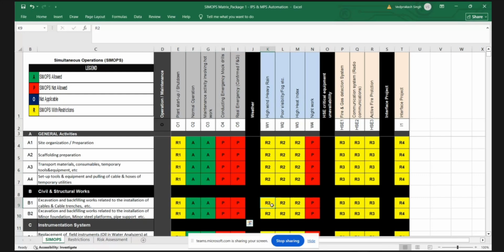Weather will remain the same, because we don't want to breach the company procedure. This has to be restricted for adverse weather cases, including hot weather, heavy wind, poor visibility due to fog as well as sandstorm, and